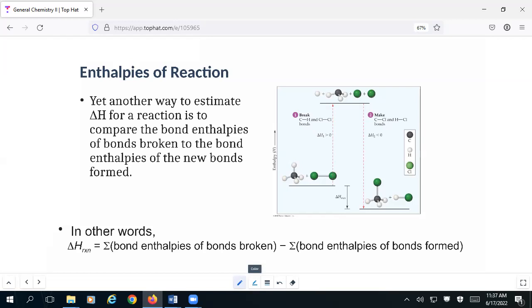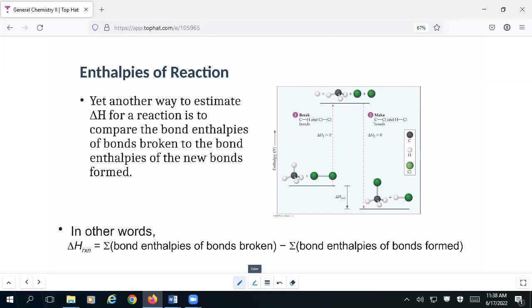Now, if you remember way back, got to hop in the Wayback Machine, back to chapter 4, when we talked about Lewis structures and we talked about bonds. We talked about at that time the trends in bond energy. Long bonds are weaker, short bonds are stronger, double bonds are stronger than single bonds, that kind of thing. Well, we can take those same bond energies that we looked at globally in chapter 4, and we can use them to calculate